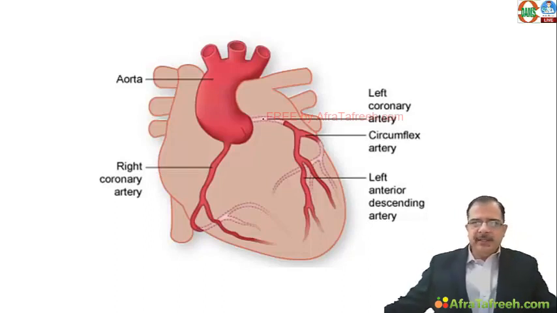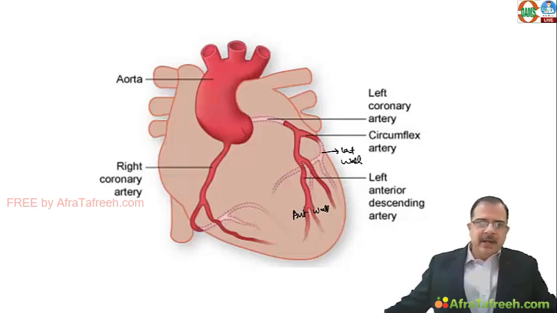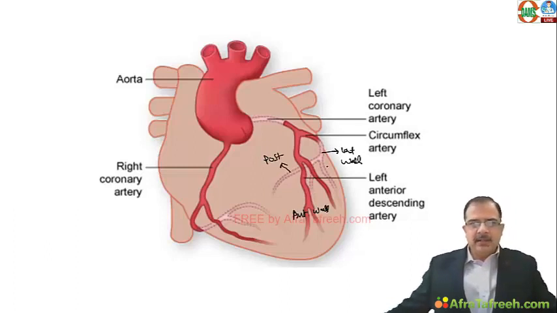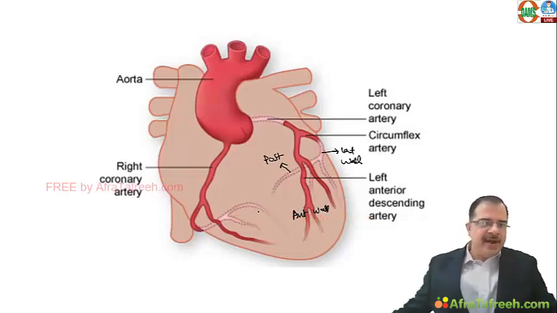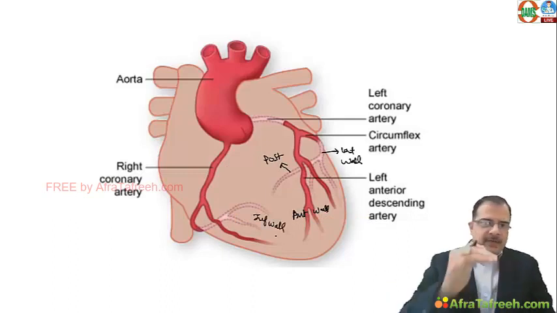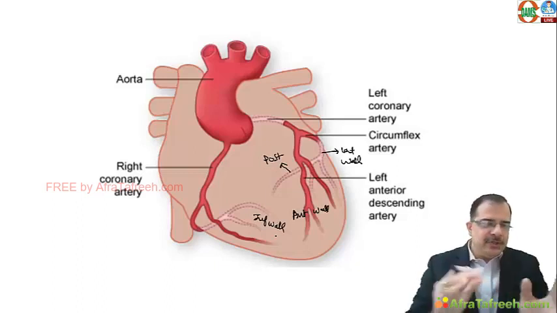Here you can see the left main coronary artery divides into the anterior descending. So the anterior wall is supplied by the anterior descending, and the lateral wall, the high lateral wall, is supplied by the circumflex artery. The posterior wall, in most cases, is again supplied by the circumflex artery. While the inferior wall is supplied by the right coronary artery via the PDA. So this is anatomy based: which wall of the heart is supplied by which artery.